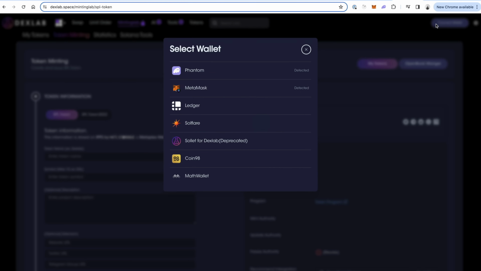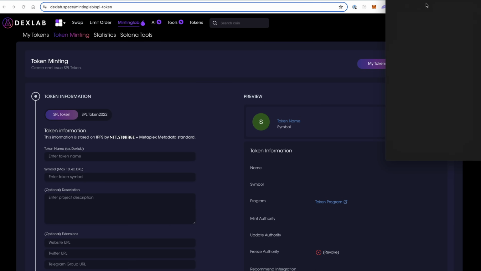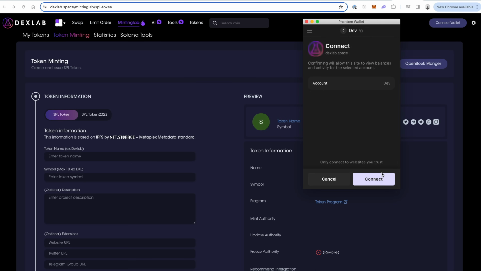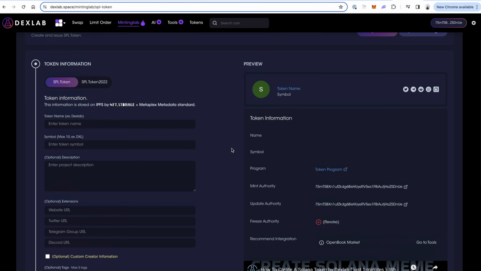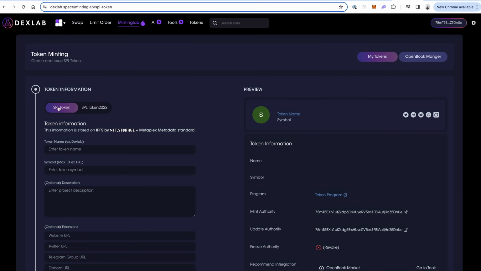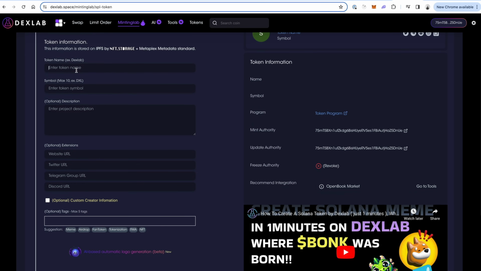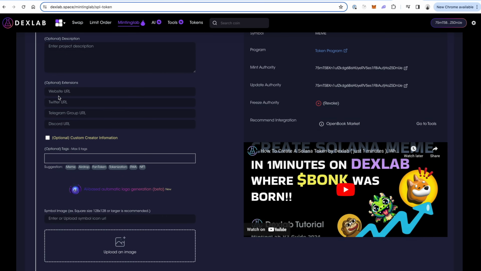So you're going to need to connect your wallet. You can click Phantom, all right? You can connect your account here. All right, it's going to show your wallet here. And then you want to click on SPL token. You're going to enter in your token name. All right, so you can say My MemeCoin. You can do the symbol as MEME. Description. All right, so you can leave this off if you want to, but here's where you actually need to